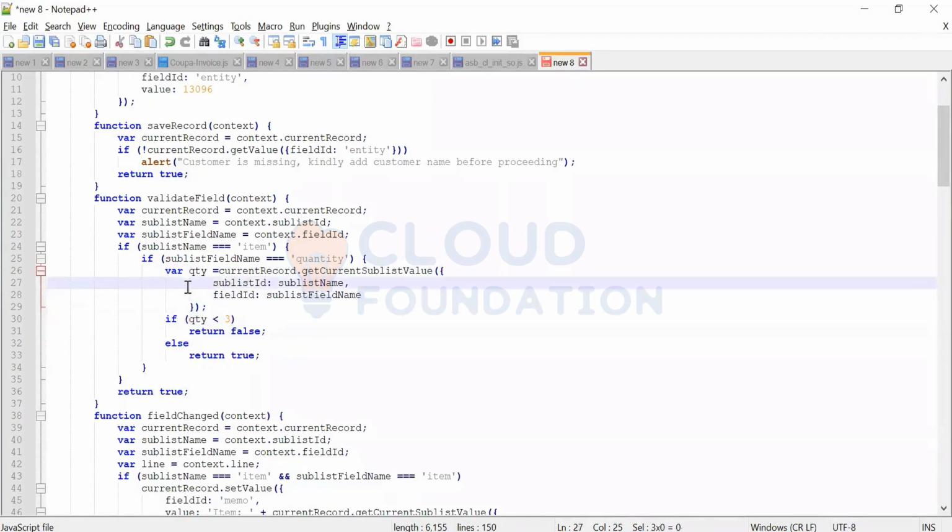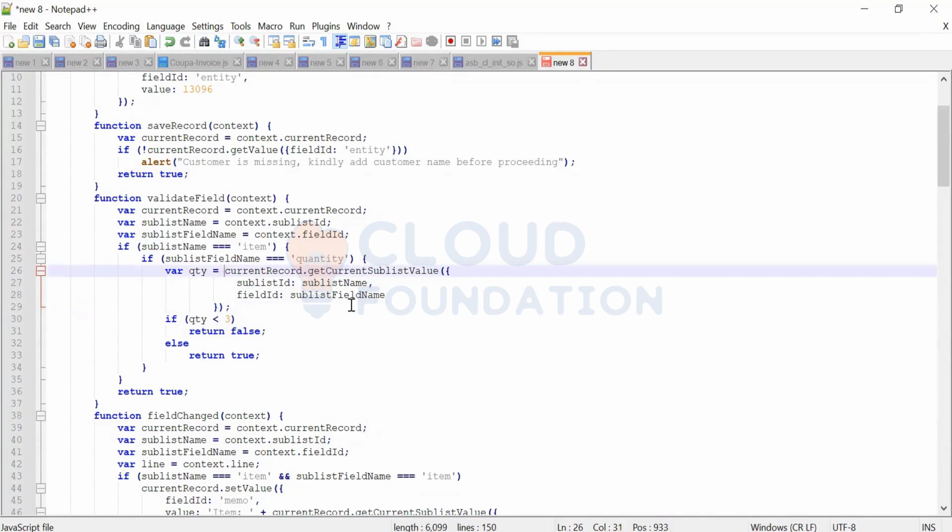What they were doing earlier is, this entire logic was within this block, so I take it as a variable. I'm getting the field value for quantity, taking it in this variable, and then doing a condition based on that. If quantity is greater than